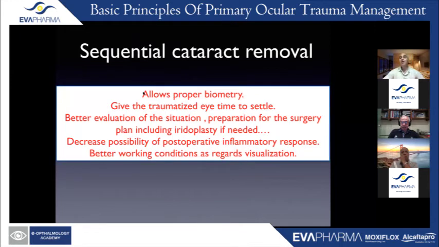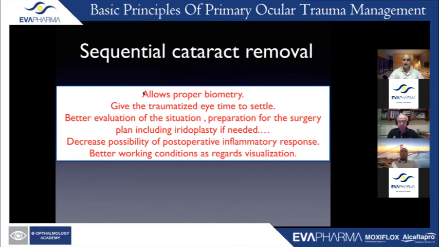But what about if we do it sequentially? And in my opinion, this is the best approach. If you can postpone cataract surgery, it's always better not to do it at the same time, because you allow proper biometry as much as possible. You give the traumatized eye time to settle down and become quieter, and you give cover of antibiotics and cover of steroids,